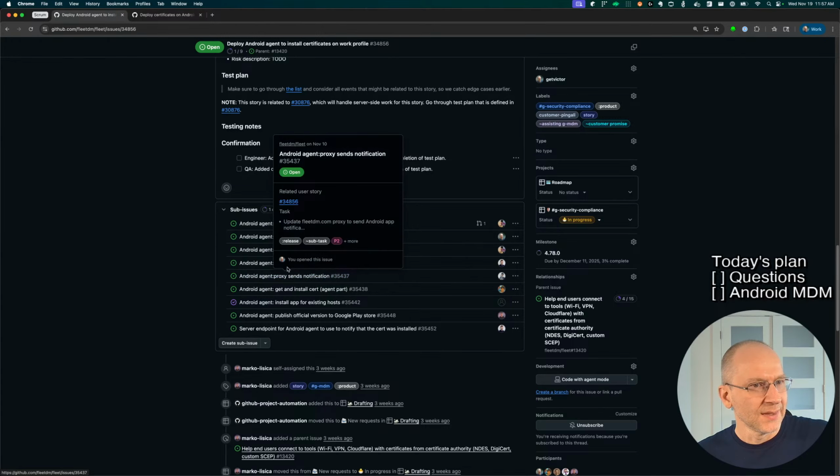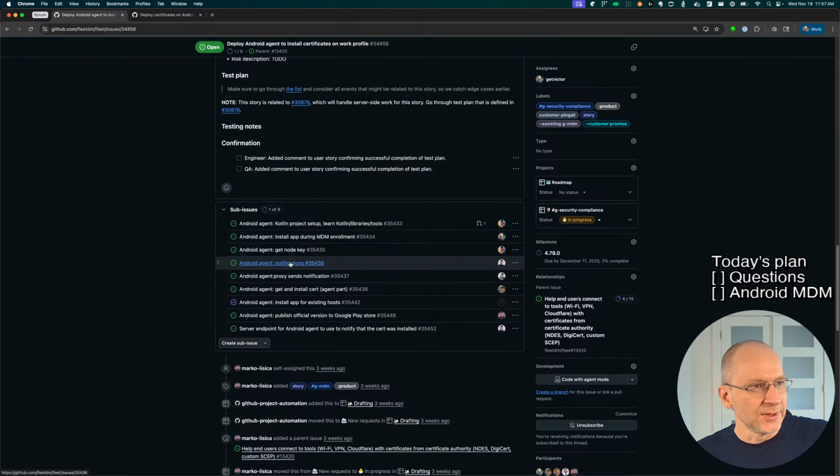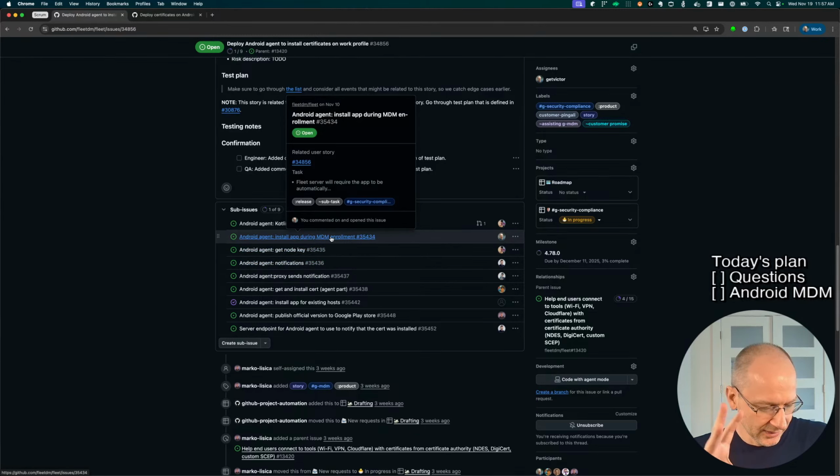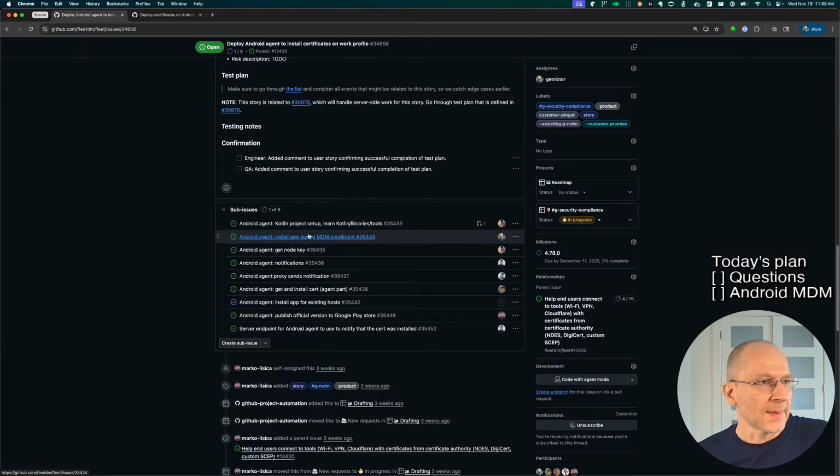I'm gonna close this, get node key. So we need a new task, right? I want to install the app initially. Then you're still using the MDM Android profile. I want to update the profile to now say, hey, we have a new config, this device is supposed to have this additional certificate. So these two notification tasks should be